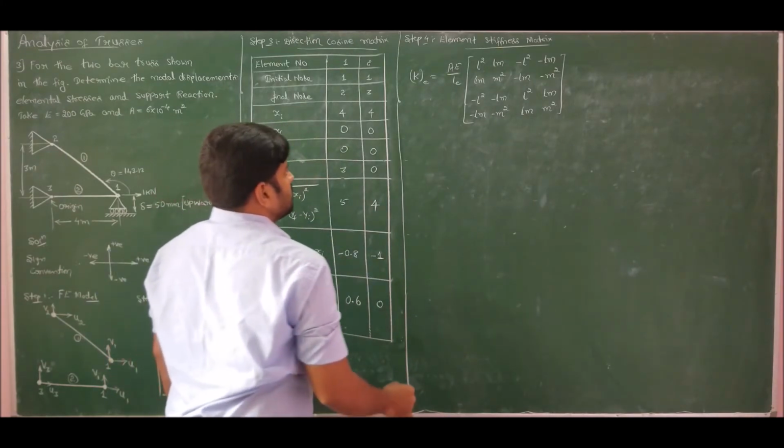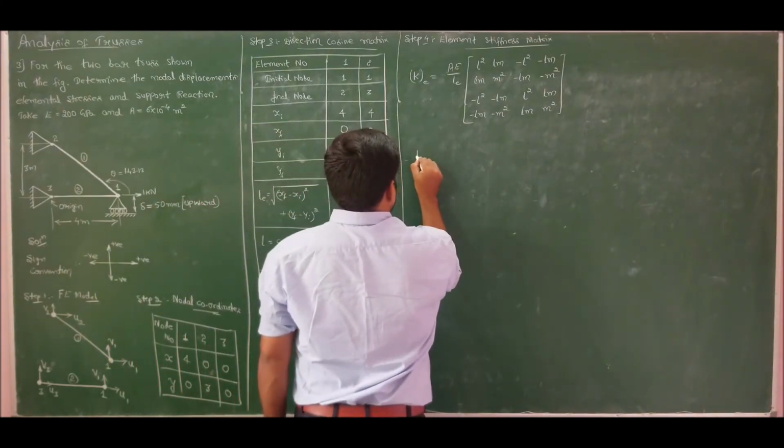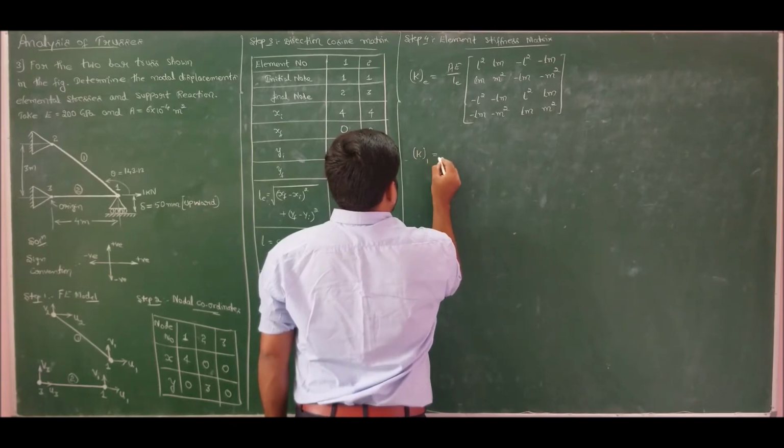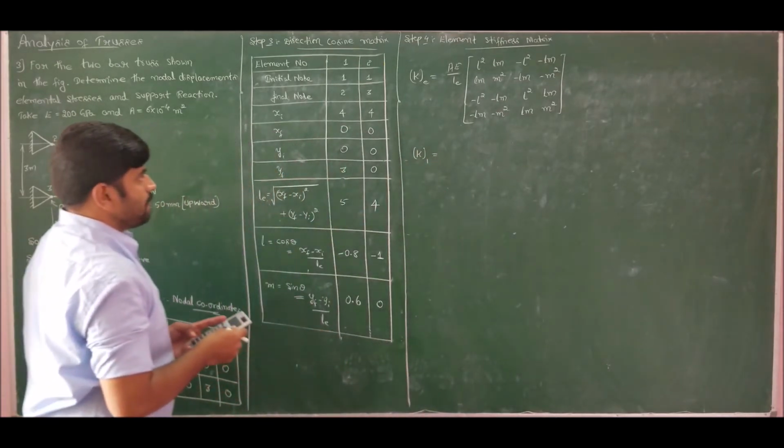Now if I substitute the values and solve, I get K of element 1 as